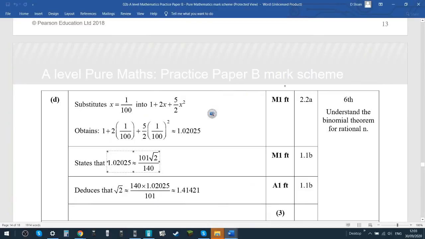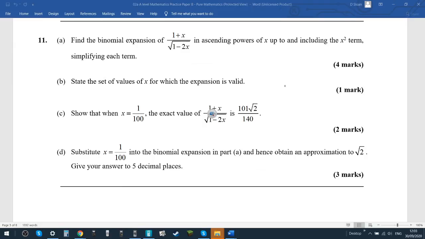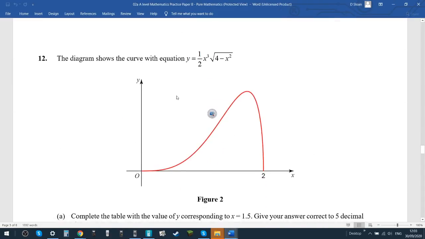No. Okay, we did good. How much of this paper is left? 1